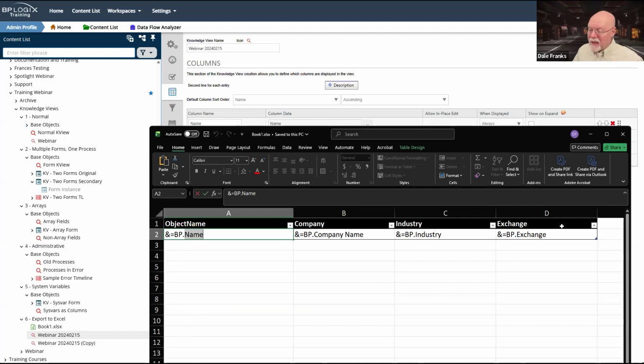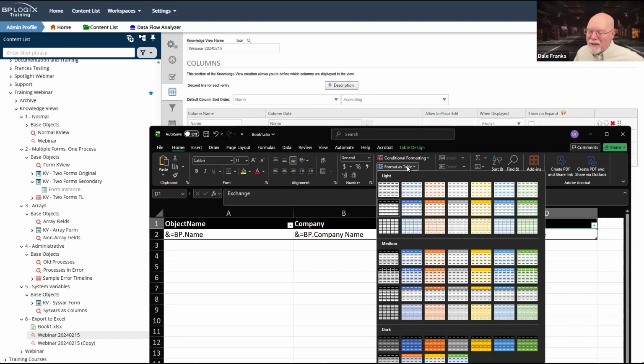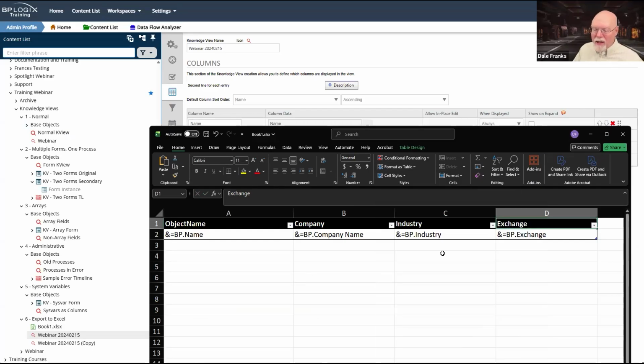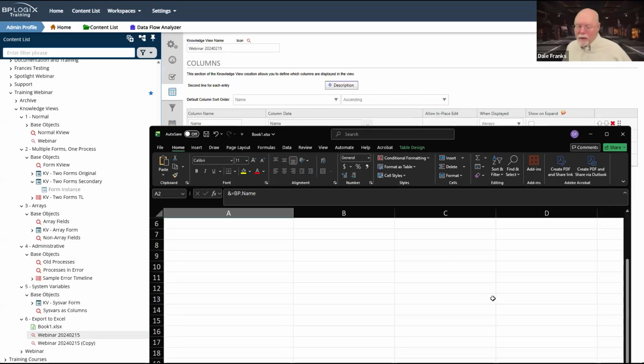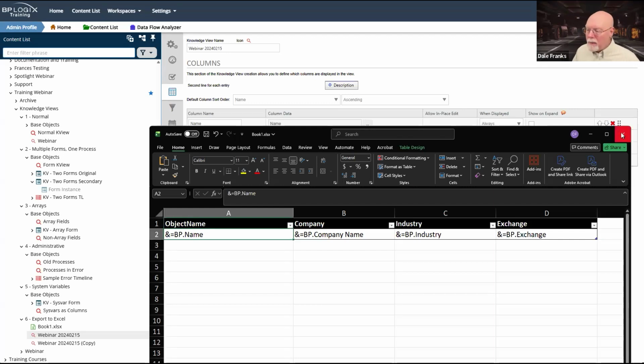I even put in the table border here. I created, what did I use? It's the format as table. And I picked this black and white table format for it. And it's just going to create this automatically. And so what is going to happen is it's going to create a new row, starting with row 2 in my Excel spreadsheet for every row that exists in the knowledge view. And it's just going to fill it out from top to bottom. However many rows that exist are going to be there.